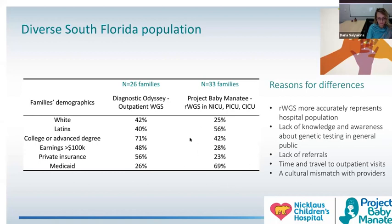The critical care environment population actually reflects our hospital population more closely. Our hospital population is about 60% Medicaid and predominantly Hispanic. And when we think about reasons for these differences,